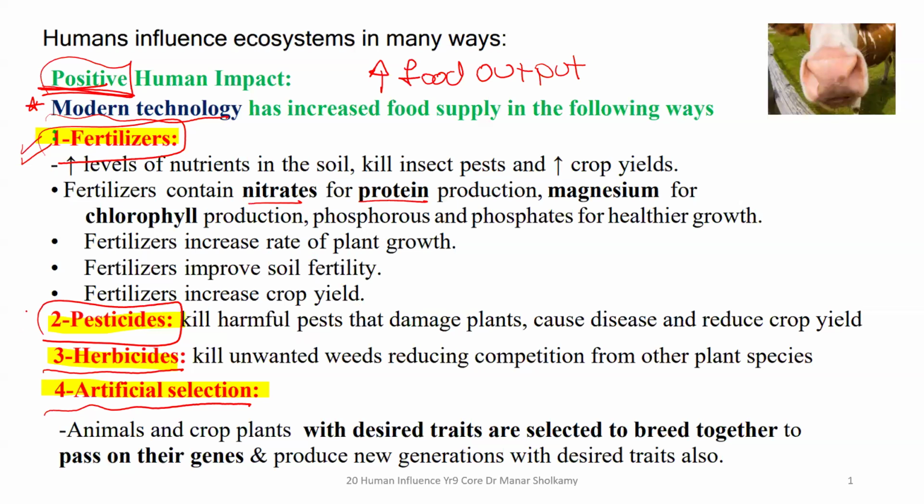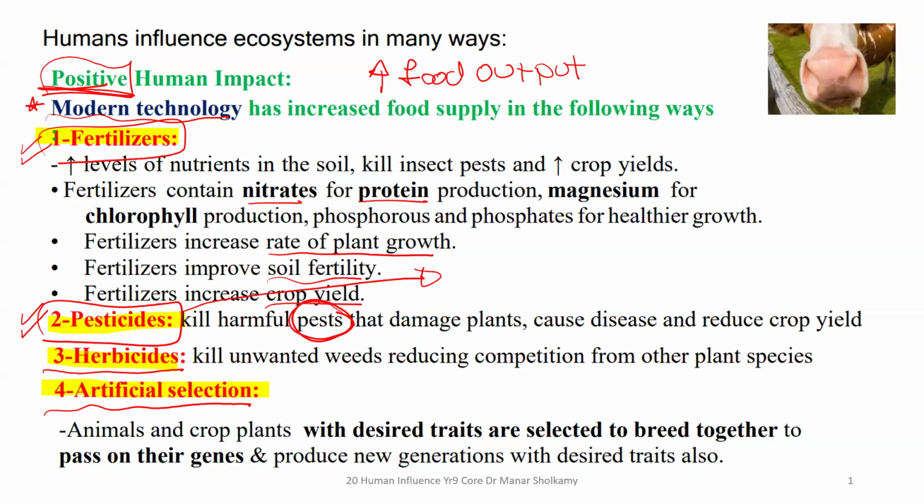We use pesticides. Now, pesticides are the sprays that kill insects. Of course, these have advantages and disadvantages. The advantage is that the pests or the insects will be killed and we will improve our crop yield. Now, the disadvantages of pesticides: of course, they are harmful to our health because they are absorbed by the plant and then we eat this plant and it enters our body. And of course, it causes lots of diseases. So we have advantages and disadvantages to everything. And we'll discuss the disadvantages as we move on.